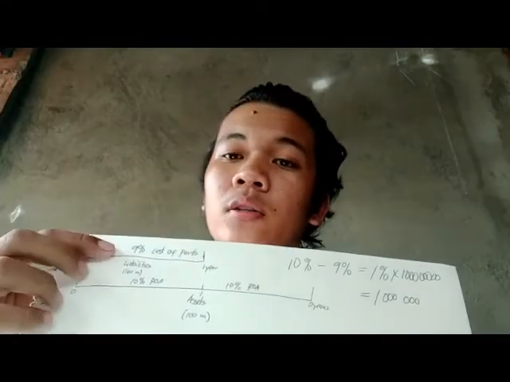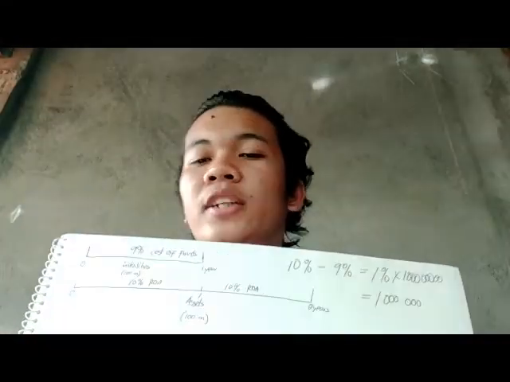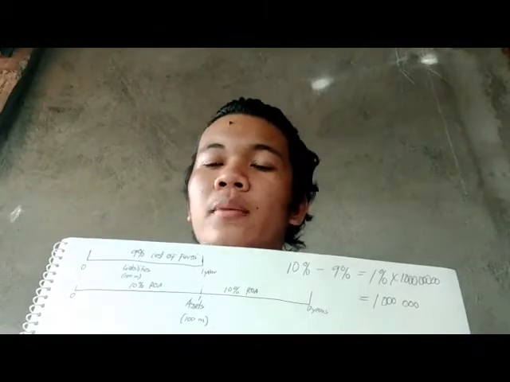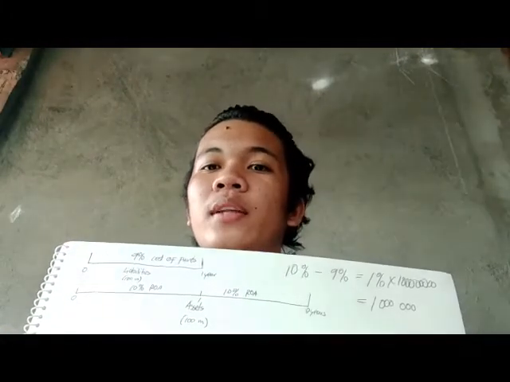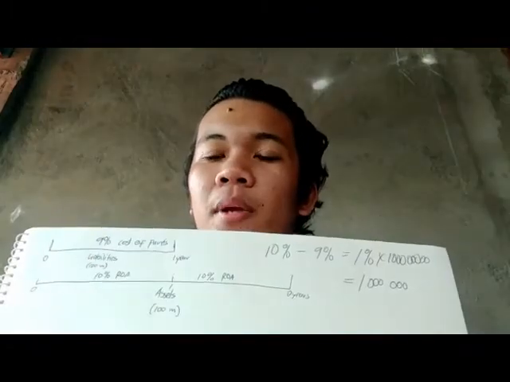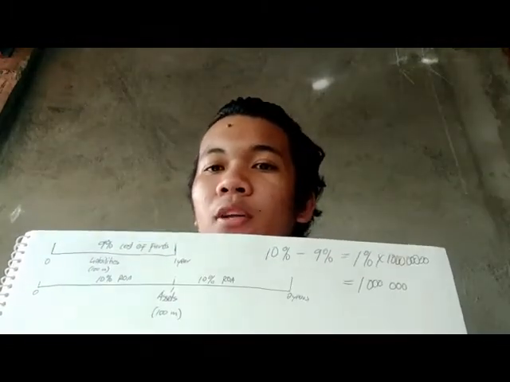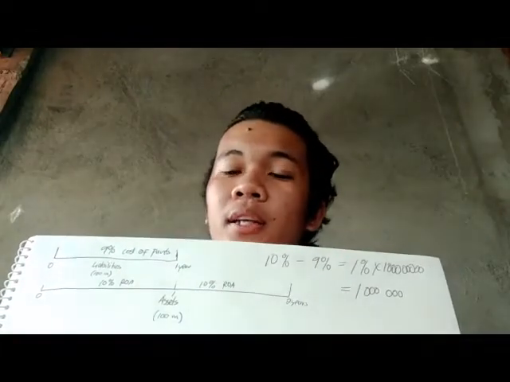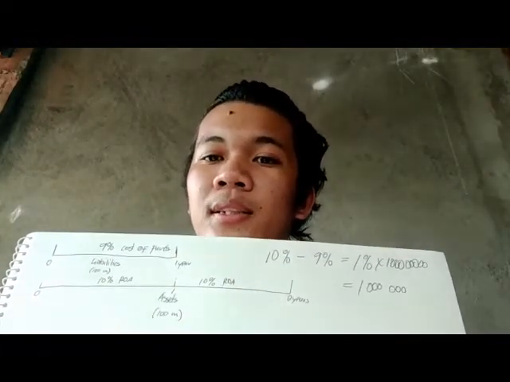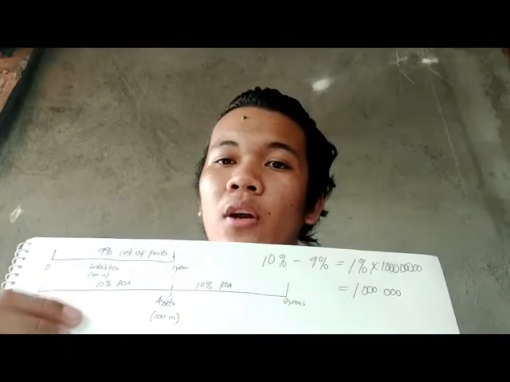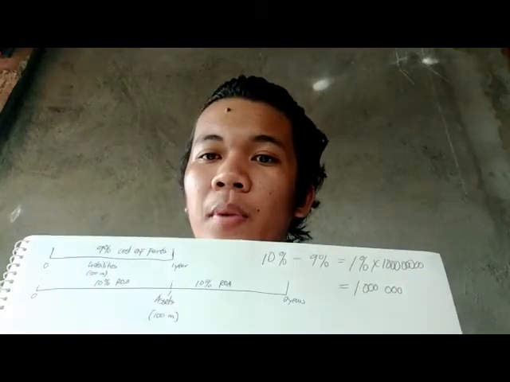Suppose that merong 9% cost of fund ang financial institution sa year 1 at meron silang return on asset na 10% kada year. So that, pwede silang mag-lock in ng 1 million profit sa year 1. At kung hindi naman magbabago ang interest rate, pwede silang mag-refinance ng kanilang liabilities sa year 2 at magkaroon ulit ng lock ng 1 million na profit.